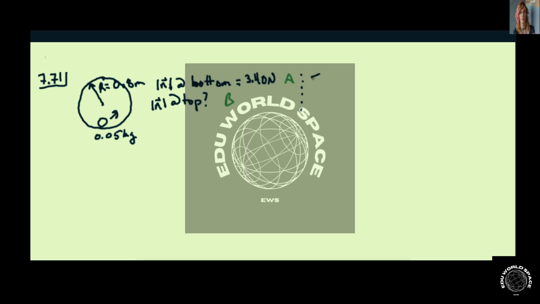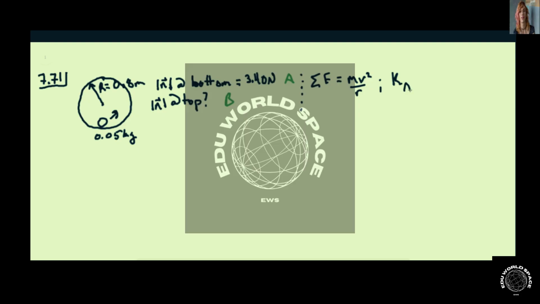So the sum of the forces is going to equal the centripetal force, preferably not going off the top of the page, and then, well,